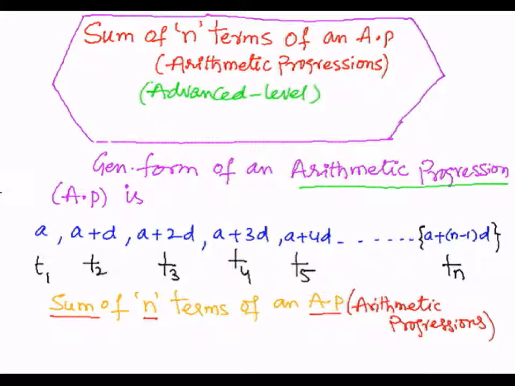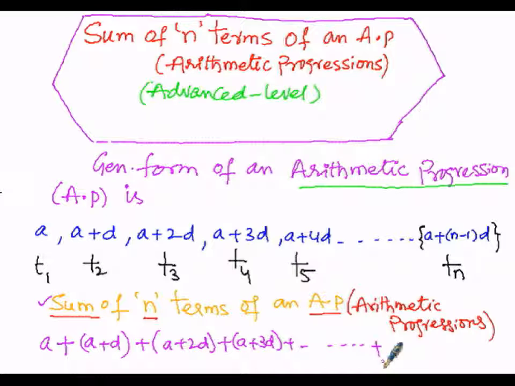So here we will be getting it as: the first term is a, so here we have to find the sum, so plus the second term, a plus d, let us write within the bracket, then plus the third term, a plus 2d, plus a plus 3d, plus and so on, and the nth term will be a plus n minus 1 into d. So here bracket close. Now let us denote this sum of n terms of an AP as Sn, then Sn will be equal to a plus d plus a plus 2d plus a plus 3d plus and so on plus a plus n minus 1 into d.